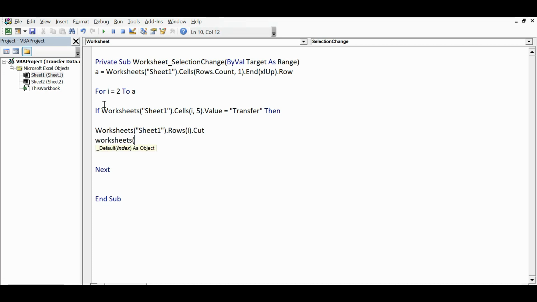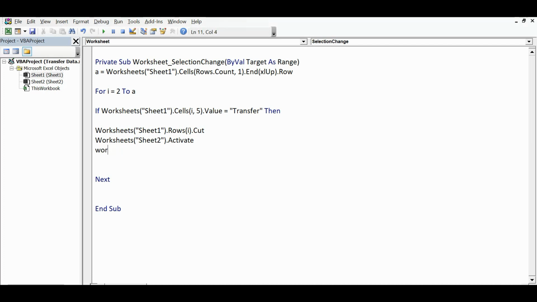Then I want to activate Sheet2 because I want to paste the data on Sheet2. Once I have activated Sheet2, I will identify which row is the last filled row so that I can select the next available row on Sheet2.